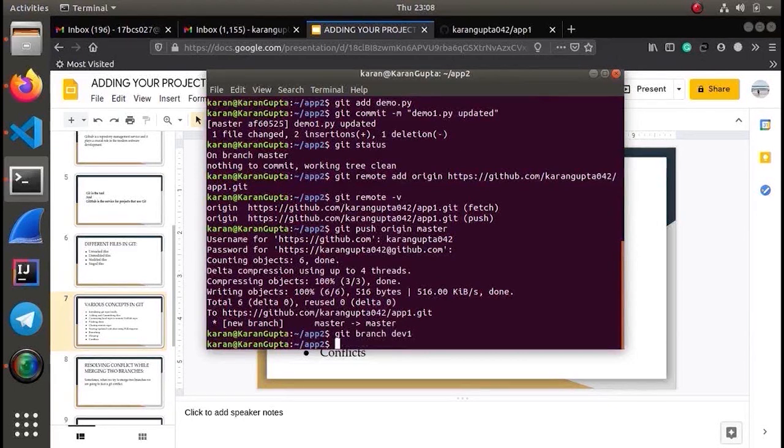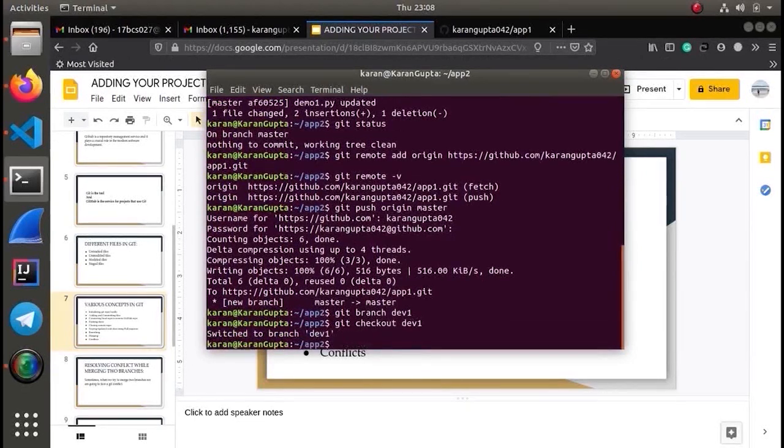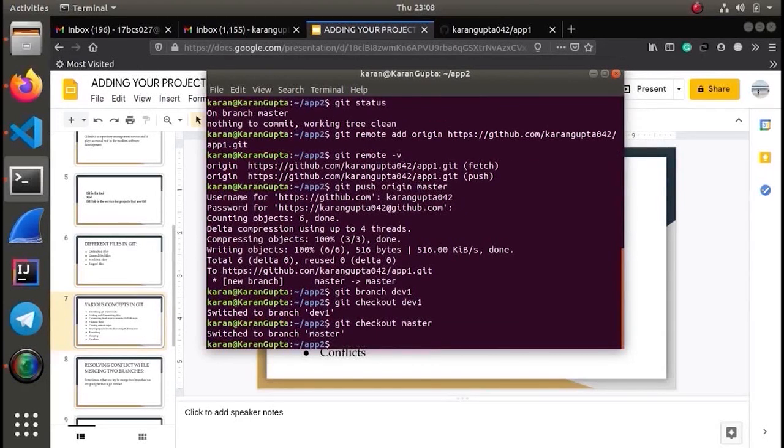Now, if we want to switch from our main branch to this branch, we will do git checkout day1. Switched to branch day1. Now we have switched from the master branch to the day1 branch. What if we want to switch back? We can do the same, switch to master.